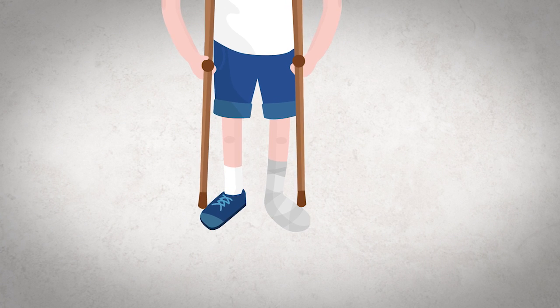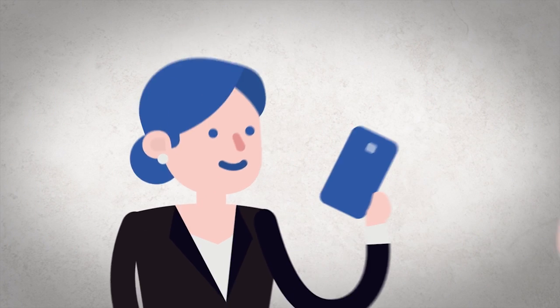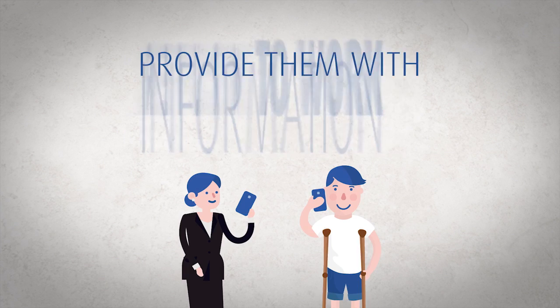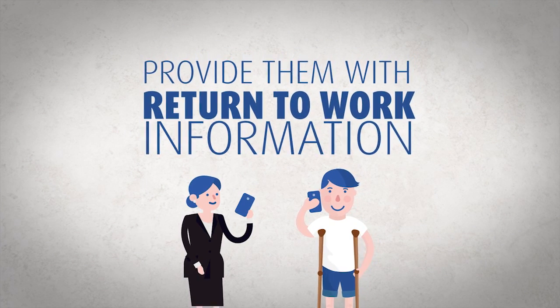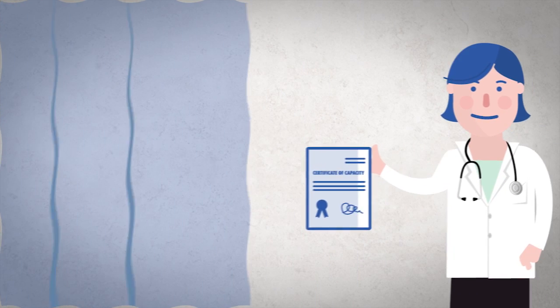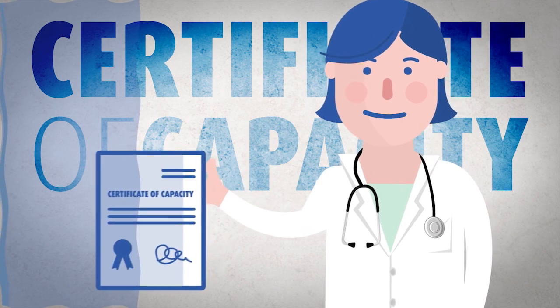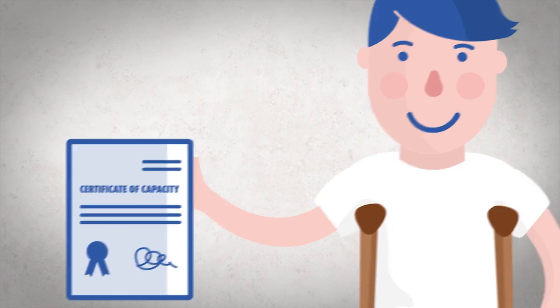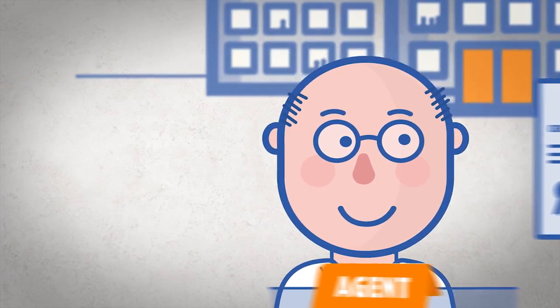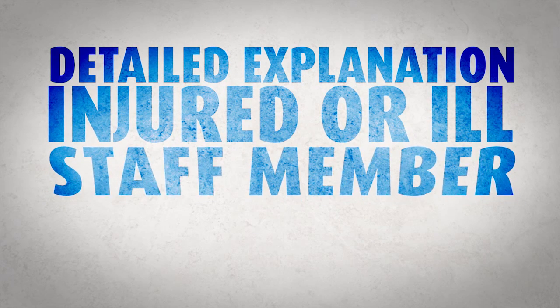When you know a staff member is injured or ill and can't return to their normal duties, it's important to provide them with return to work information. If your staff member needs time off work and is planning on submitting a compensation claim, they must provide a certificate of capacity that has been issued by a medical practitioner. This gives the school and the WorkSafe agent a detailed explanation of what the injured or ill staff member can